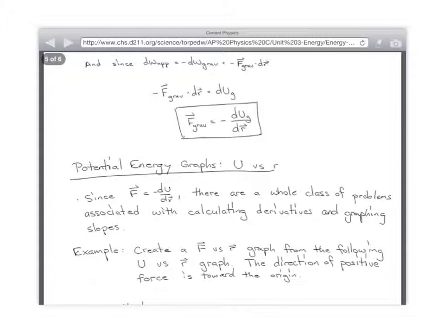Since force is related to potential energy, there's a whole bunch of problems that come out of this. And they come out in every single unit, basically, from here on out. Anytime there's a potential energy involved, they're going to ask you to relate that to force somehow. So, for example,